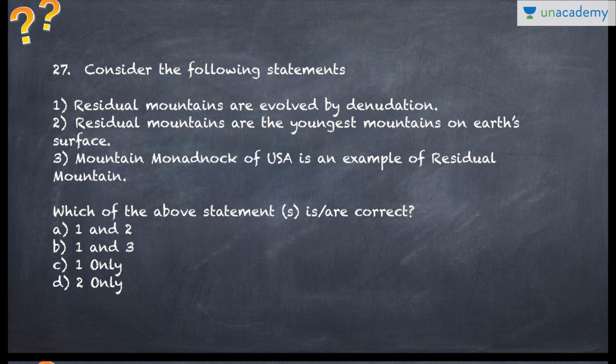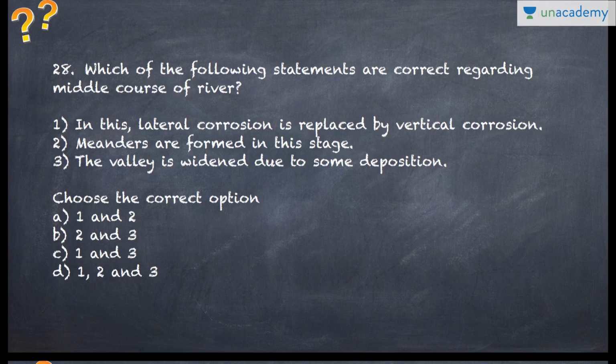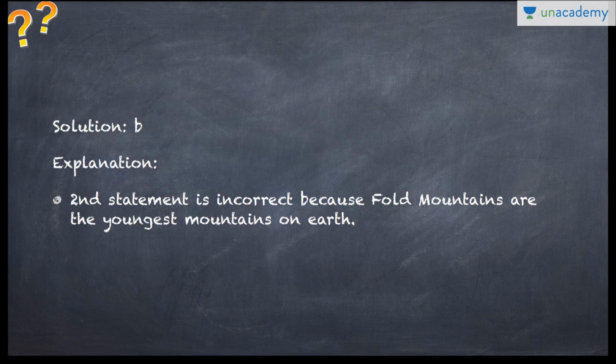All of this is very interesting. You really don't know the third point because it sounds very odd, right? Monadnock mountain of USA. So you know that one and two are right, this second one is wrong. So this goes away, and then you're left with these two. Now you should know this factual question only, then you will be able to answer this, because B and C is there. So actually it is both of them, right? Except for the second statement, the rest everything is right.